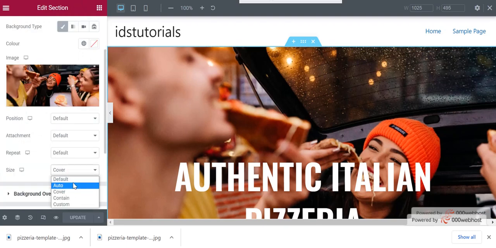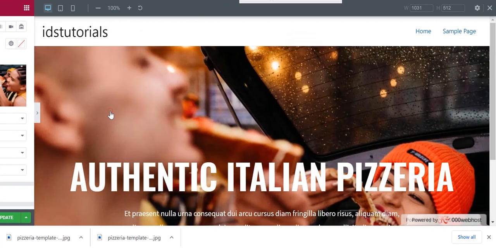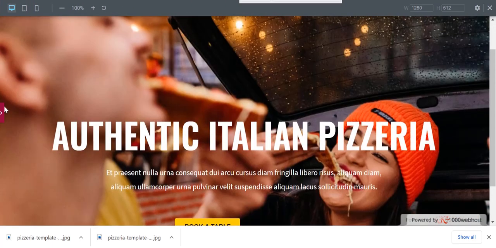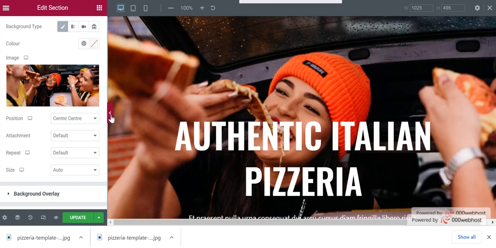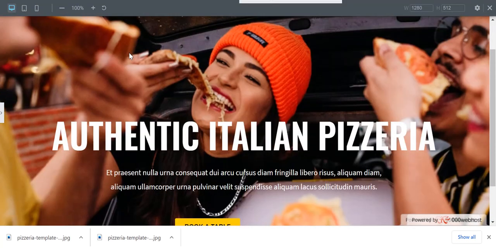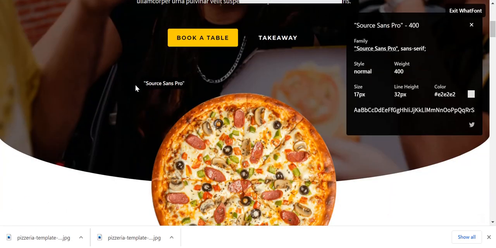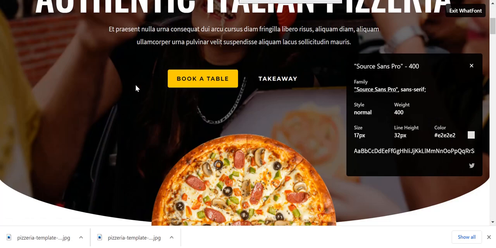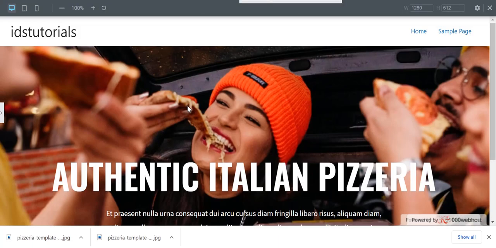But let us make it auto, and here you can see we should adjust this position, make it center. Okay, center. I think that's good.